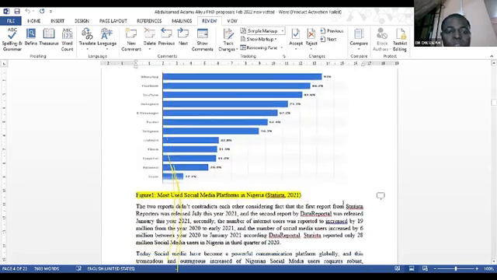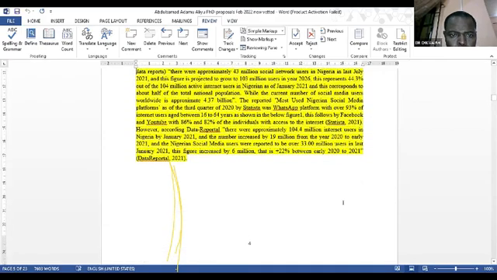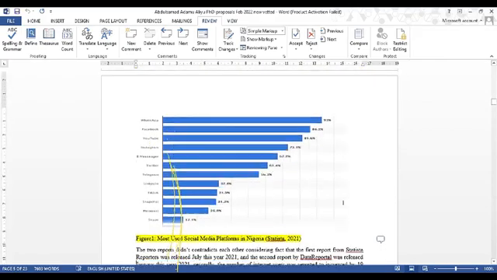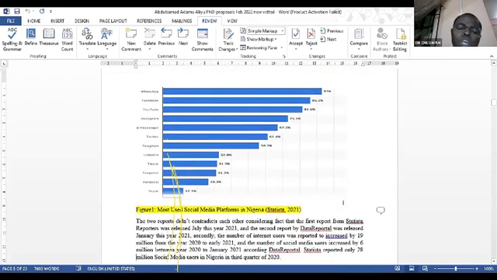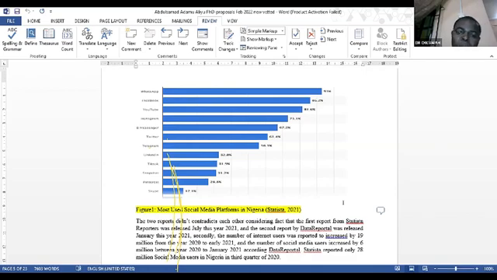Now we proceed. If you look at your figure 1, when I was speaking to us the other time, I said, when you are writing figures, you refer to the figure before the figures appear. I looked throughout this work, there was no place where you mentioned that you are going to show us figure 1. And all of a sudden, we are seeing figure 1. That is absolutely unacceptable, number 1.